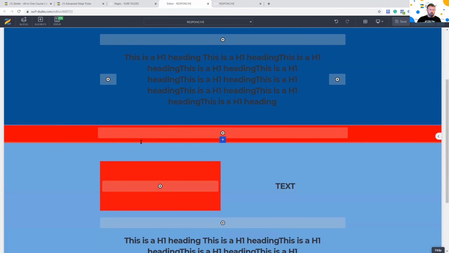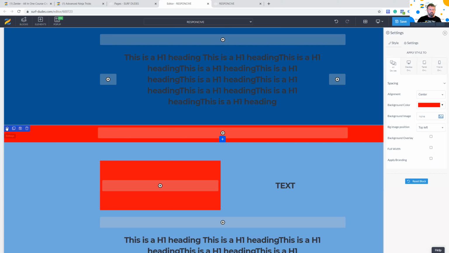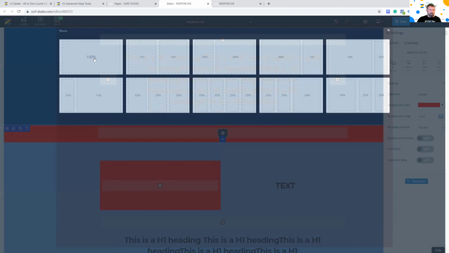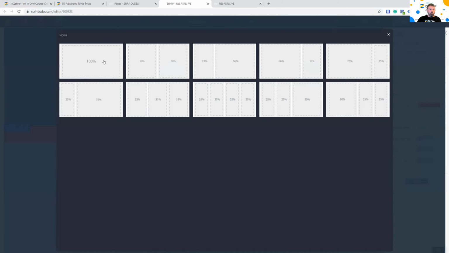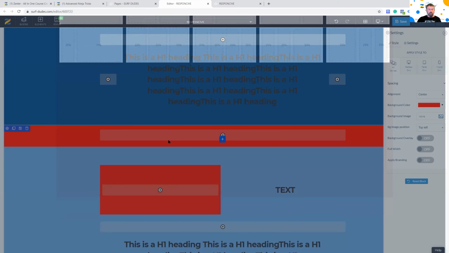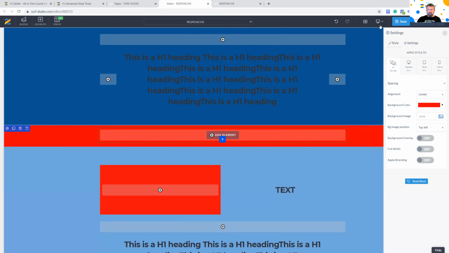Now, if you want control of this, because when you get rid of these, you can pull them back out again like that. I go into the settings for this, which is that little gear icon, and you can see I can set my background color. Everything's good there. Let's go and add a row. And this is just to get a little bit more control. So I insert a row in here and let's check it.